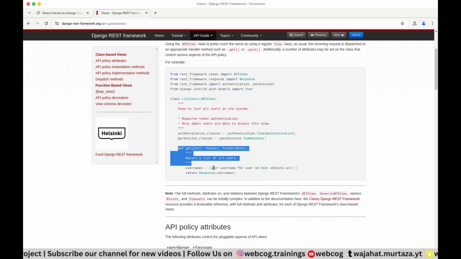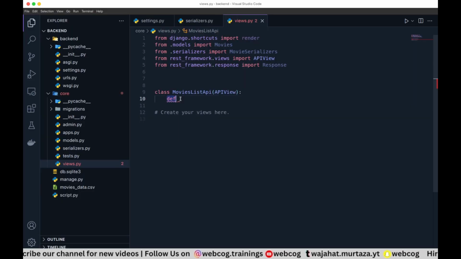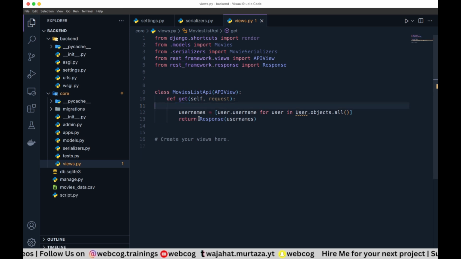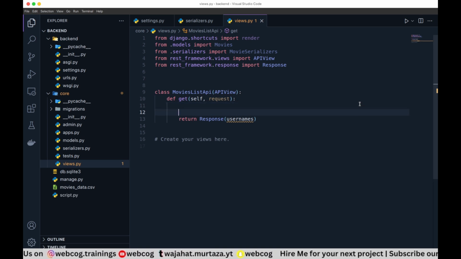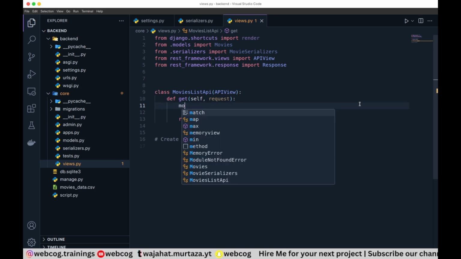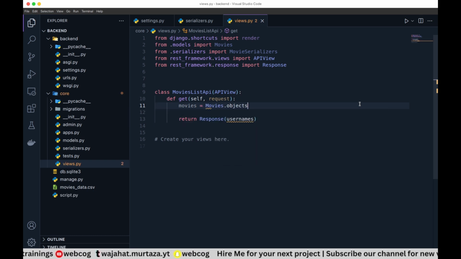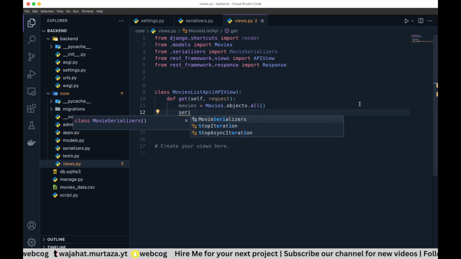Actually, instead of writing everything by myself, I am just going to copy this and paste it here. So here it will contain self, request, and we don't need any format, just skip it. And inside here we don't need anything else, and here I'll simply pass movies equal to Movies.objects.all(), and next thing is our serializer, and I will make a variable by the name of